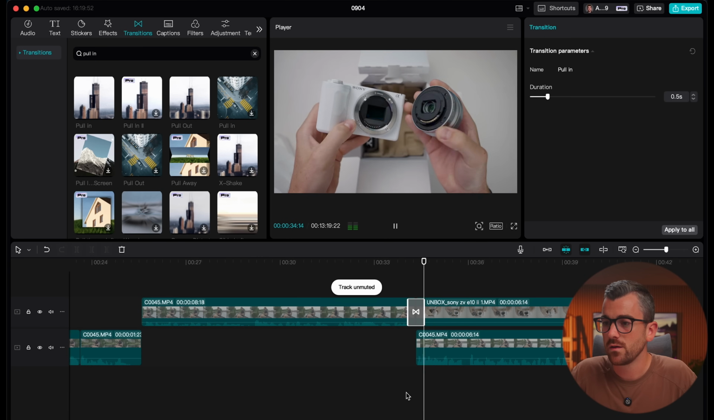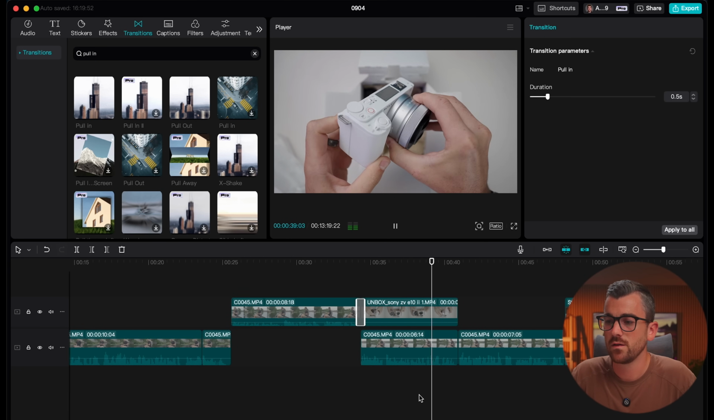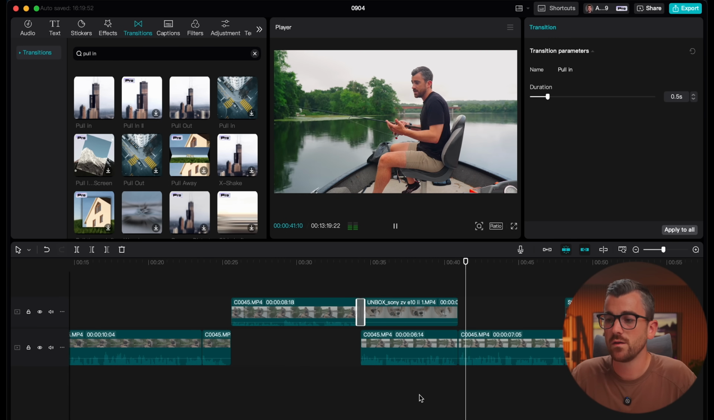Is the new sensor. You're getting the same exact sensor that's in the A6700 and the FX30, two cameras that are much more expensive. What that means,